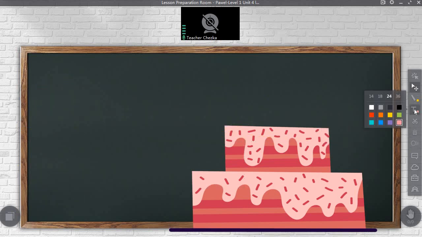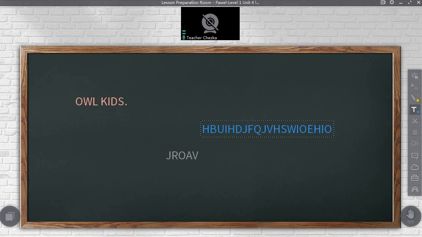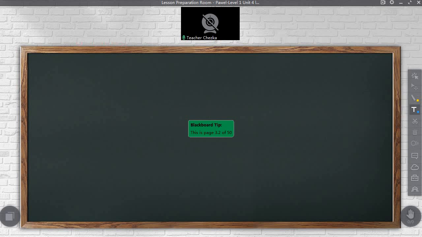The fourth icon is the letter T icon, which allows you to type words. For example, for our kids, you can change the colors also if you want to. You can use blue. Okay, the next one is the